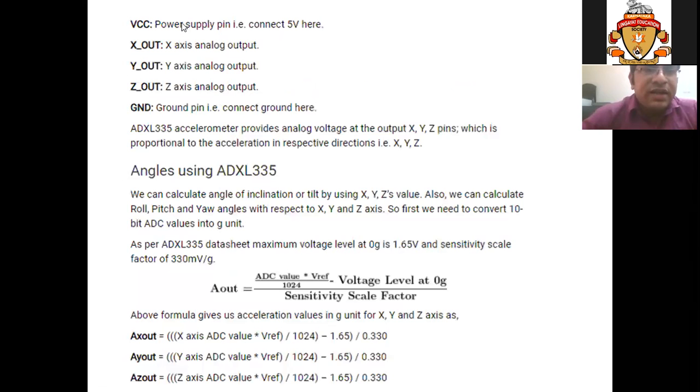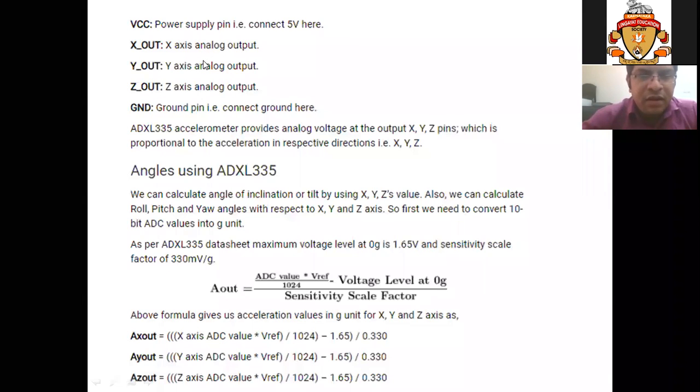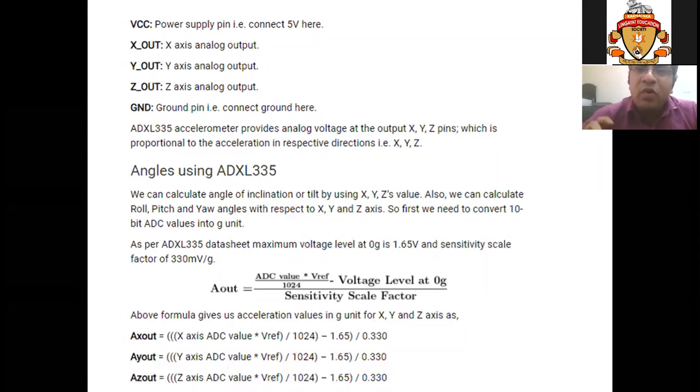So these are the descriptions of the 5 pins. Now we can also calculate the orientation of a particular object by using this accelerometer. That means we can calculate the angle of inclination or tilt by using X, Y, and Z values. Now how can we calculate it? So this is the acceleration value output